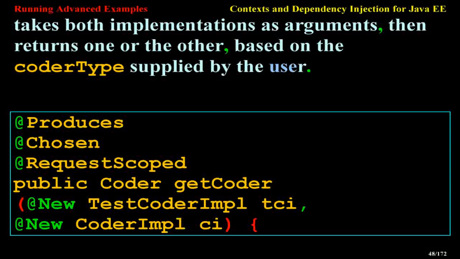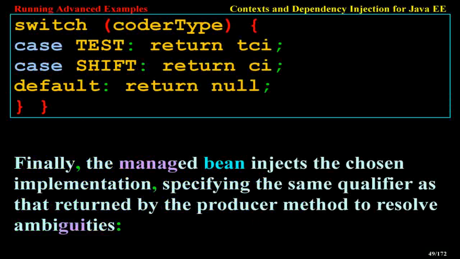@Produces @Chosen @RequestScoped public Coder getCoder(TestCoderImpl tci, CoderImpl ci) { switch (coderType) { case TEST: